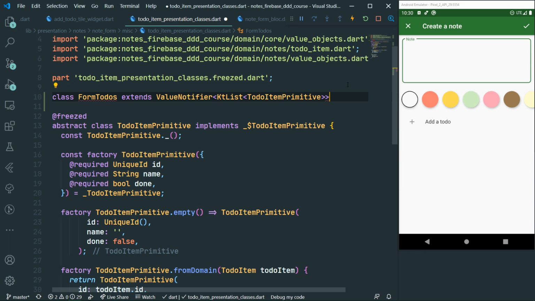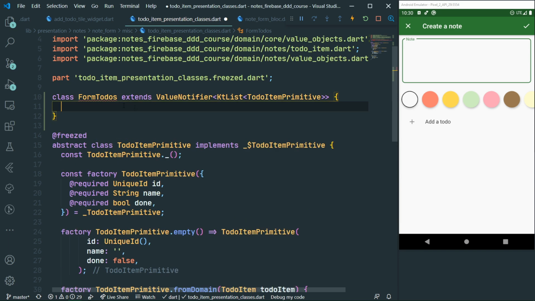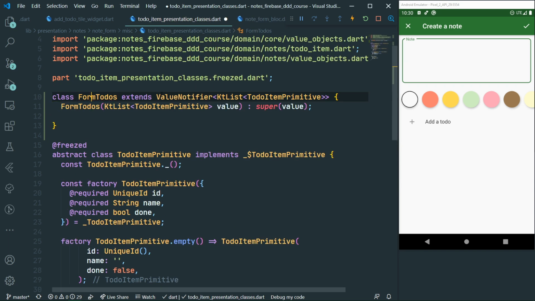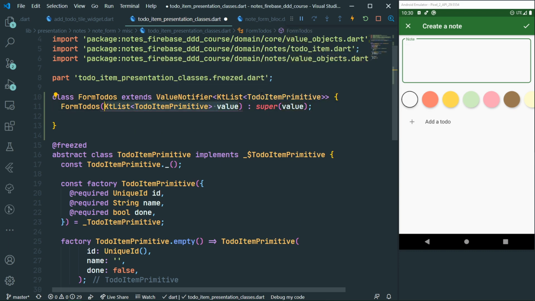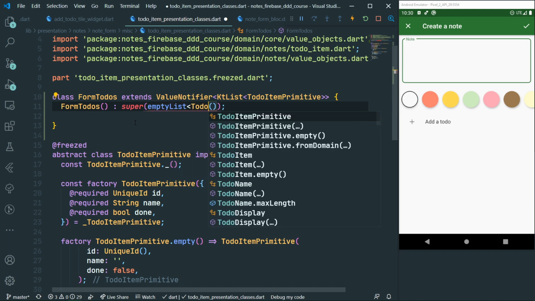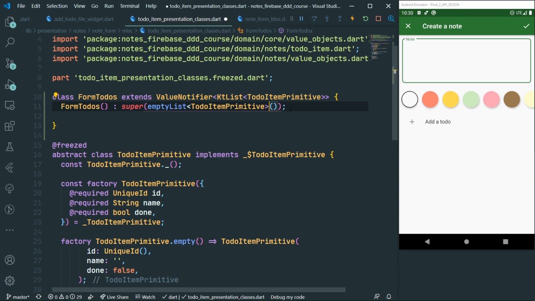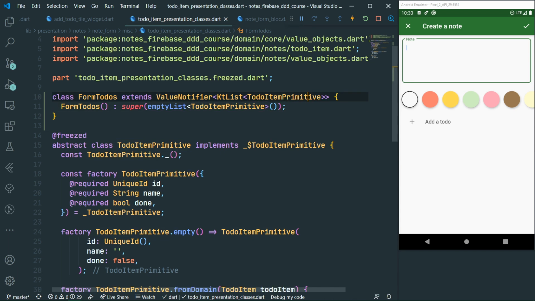Let's import kt.dart, and this needs to have a constructor with a call to super, and we're just going to populate the super constructor with an empty list of to-do item primitives by default once the form to-dos value notifier